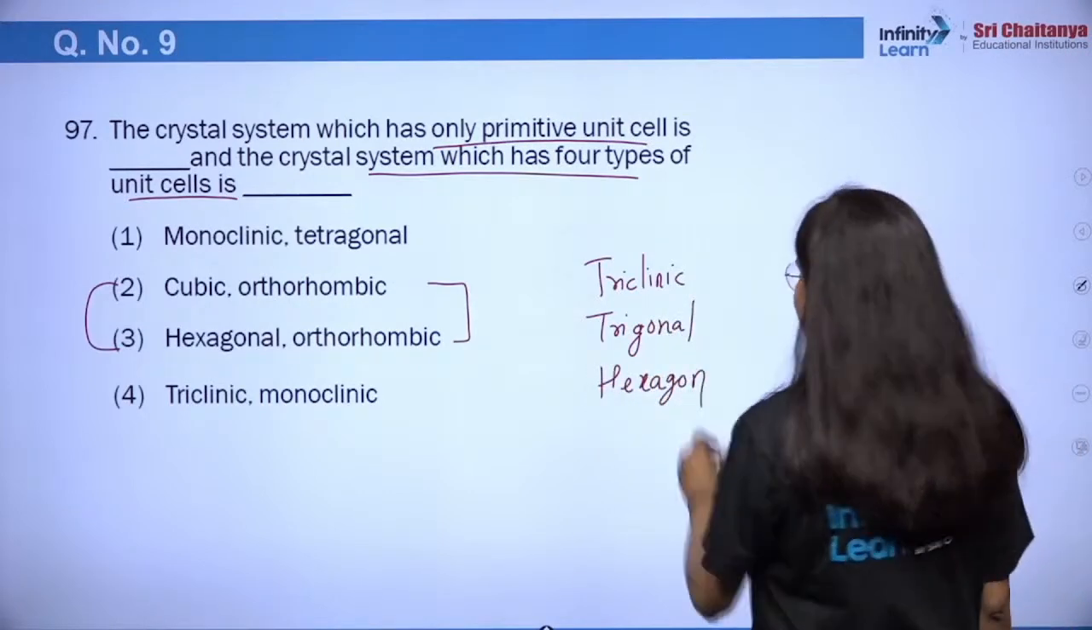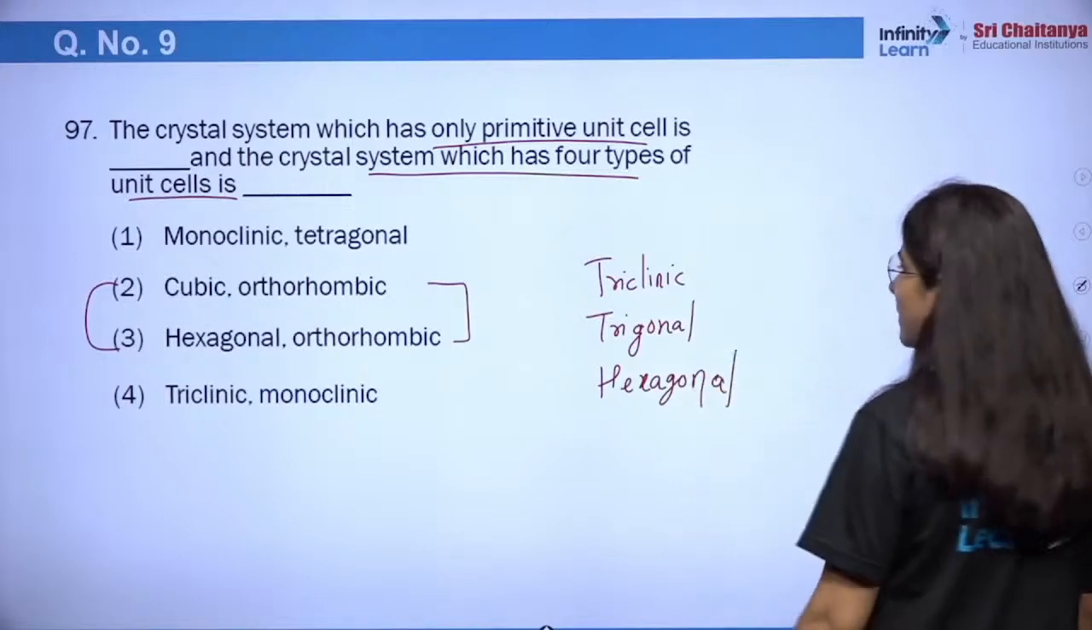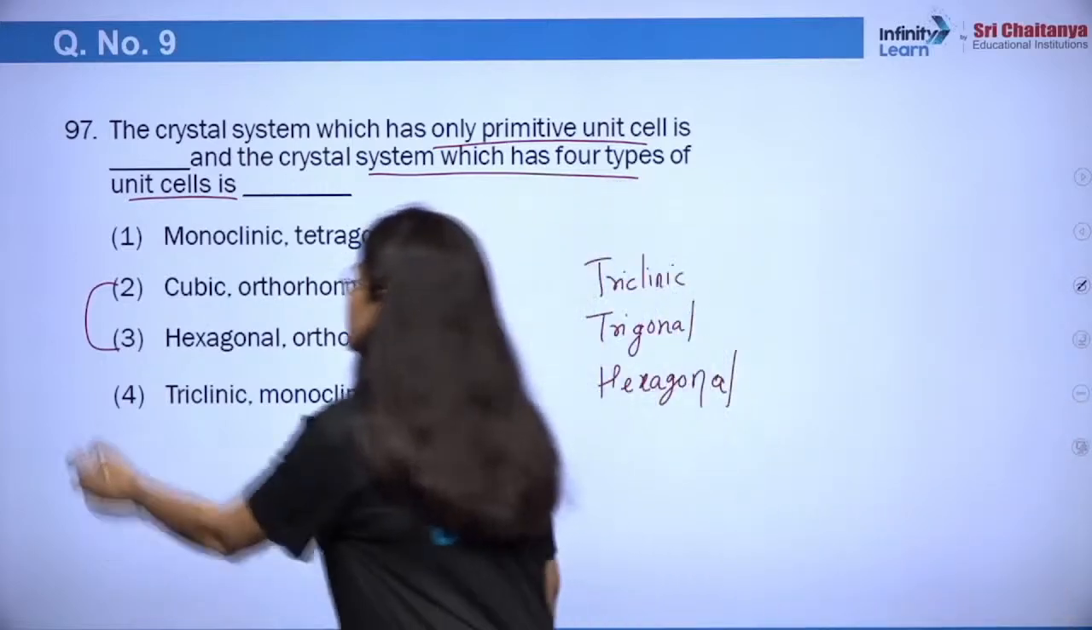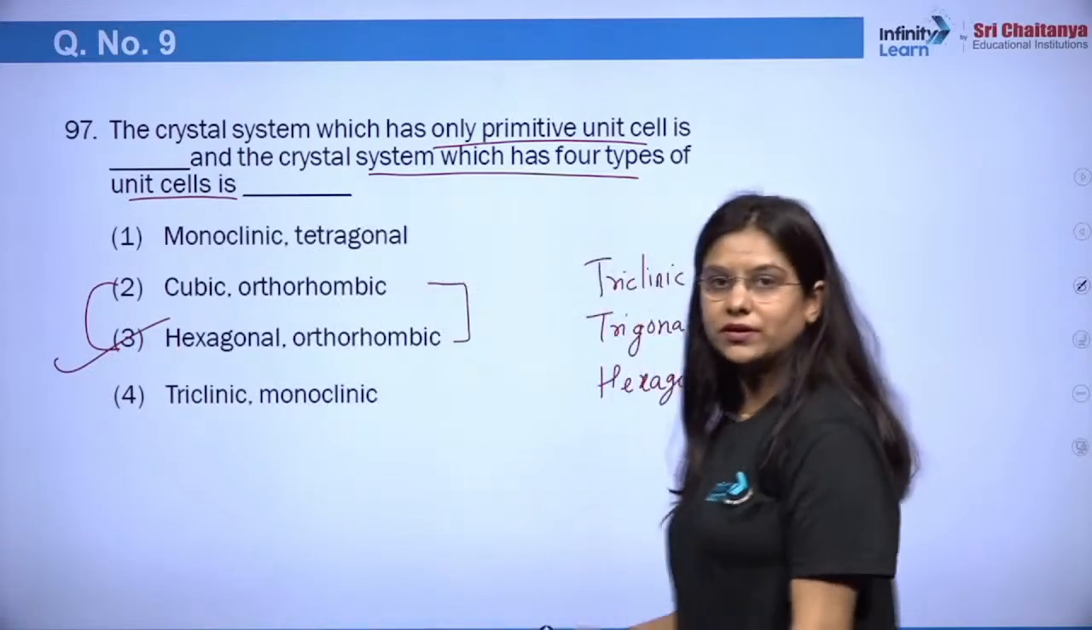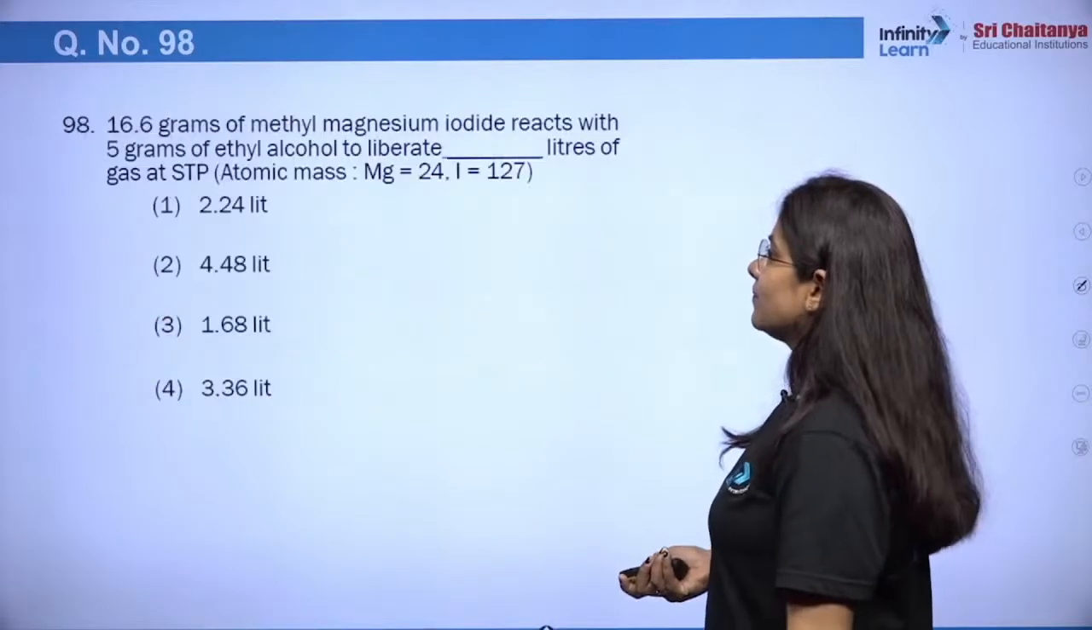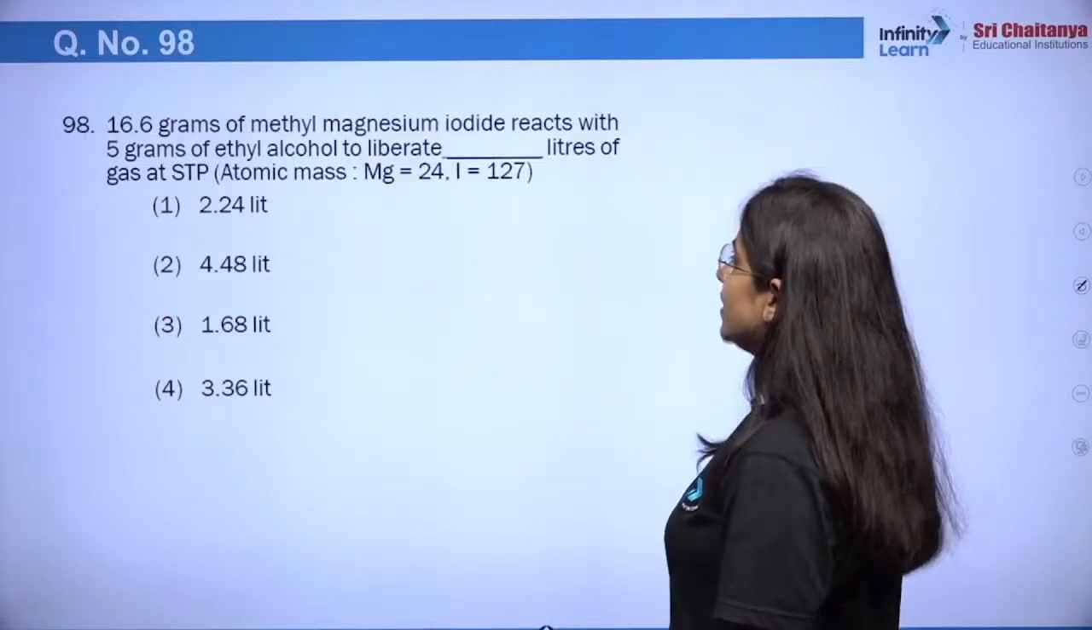So इसमें ऑप्शन क्या है मेरे पास? हेक्सागोनल, क्यूबिक में नहीं होता है. So my answer will be option number 3rd. Right? Next,